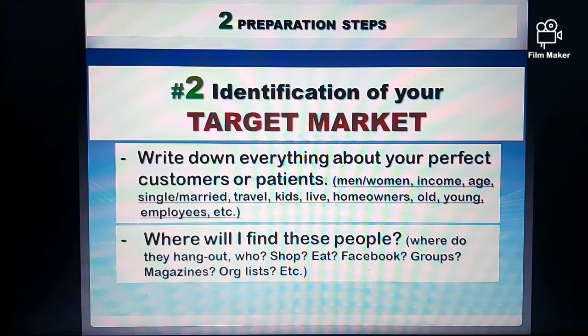The non-government organizations are also a very good target. But it should always coincide with the first one, write down everything about your perfect customers. So these should go together. The number two is identification of target market. Okay? Now,